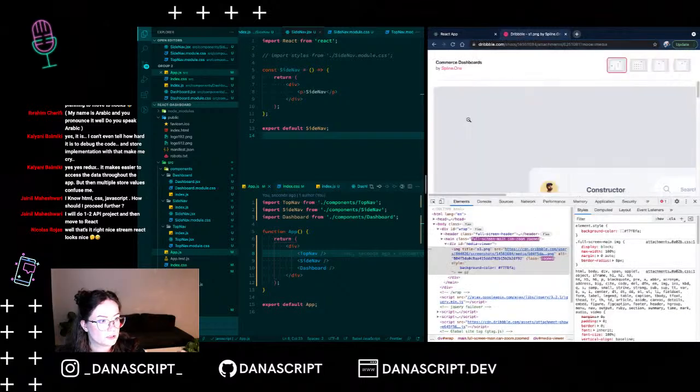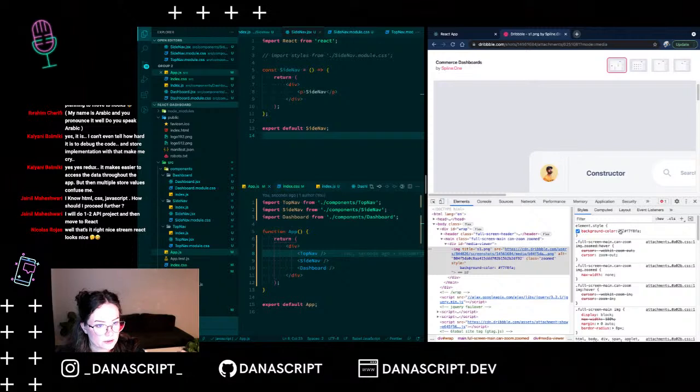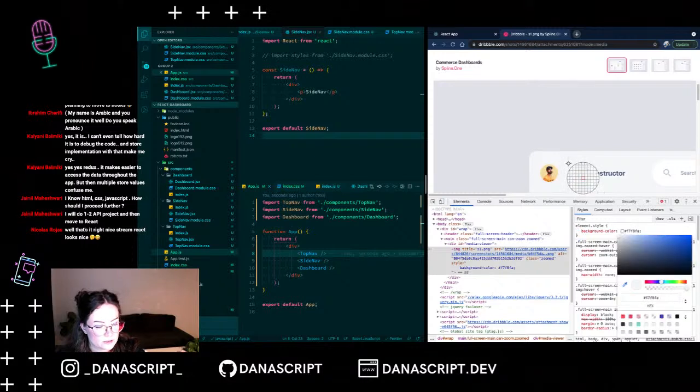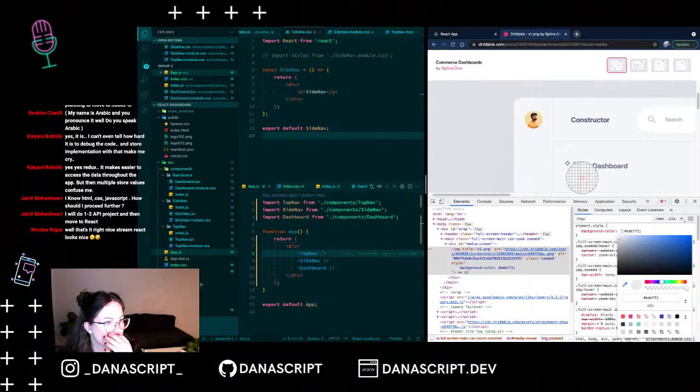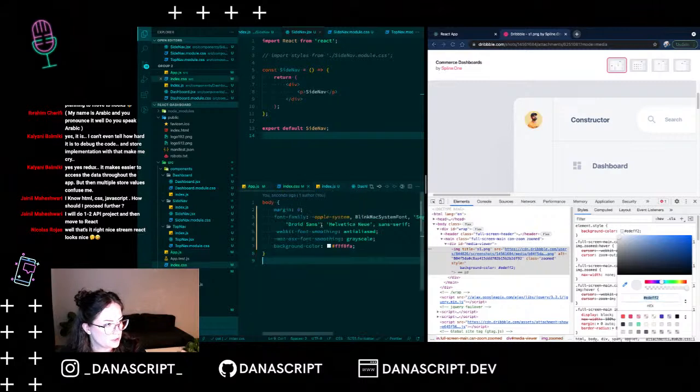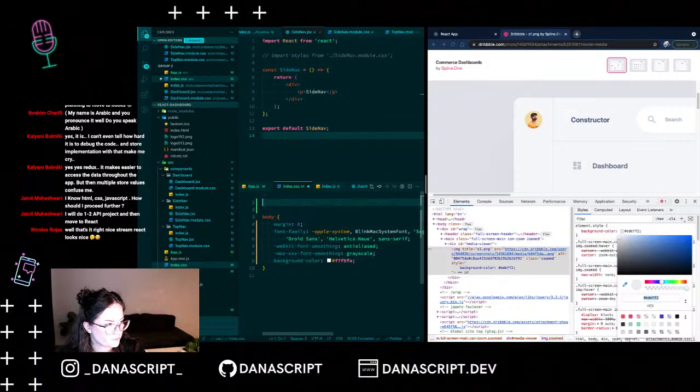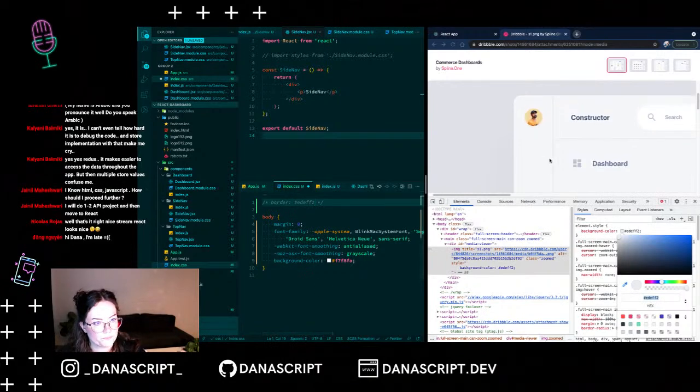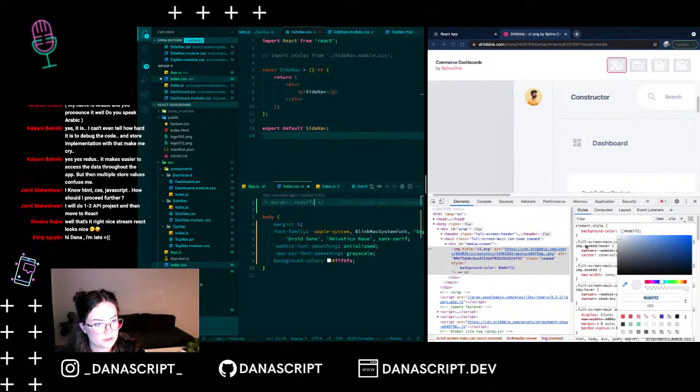Which other colors? So we have this separator thingy. Let's find that color. Do we want that? It's barely visible. Okay, that's going to be our border color. So I'm going to go again to our index CSS. I'm just going to leave it as a comment in order not to forget. Border is going to be this. Okay, then we have the icons color. Just going to collect the colors now,